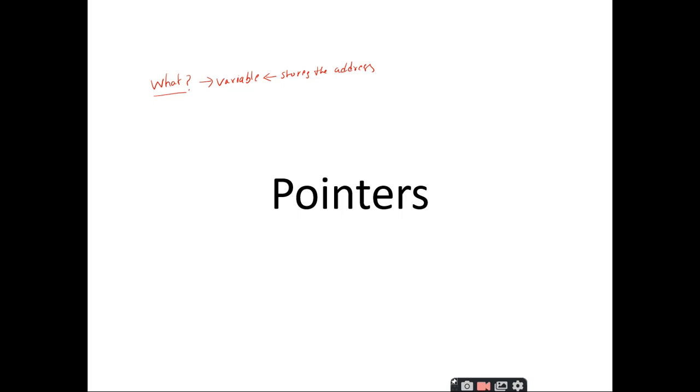So if I want to access a particular memory location, I can access it by specifying the address of that memory location. For example, I have a value called 20. I want to use this information in my program, but I can't use this value 20 as it is.